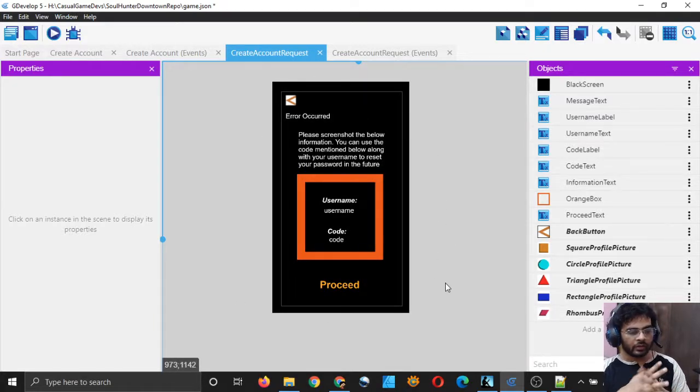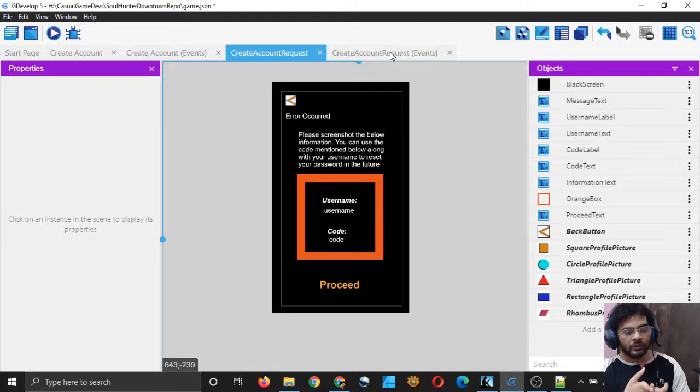I mean, if error occurred, you don't need to show all this, right? So it will not be shown. I mean, username will be just username, code will be just code. But I want, even they shouldn't really be there at all.